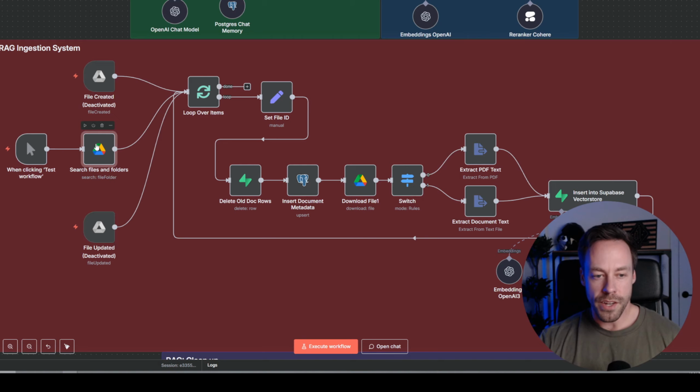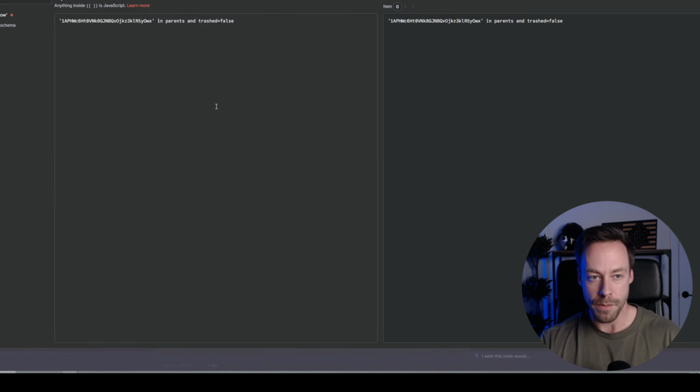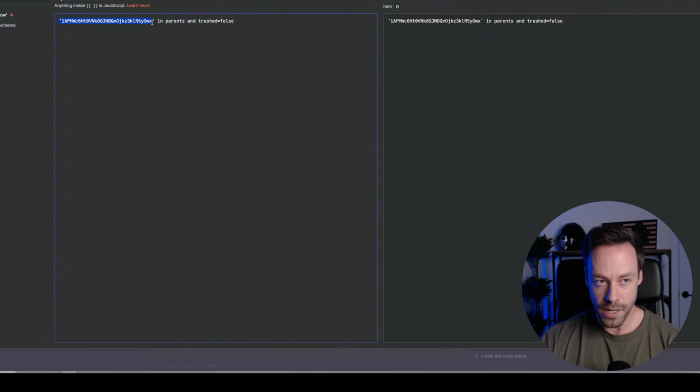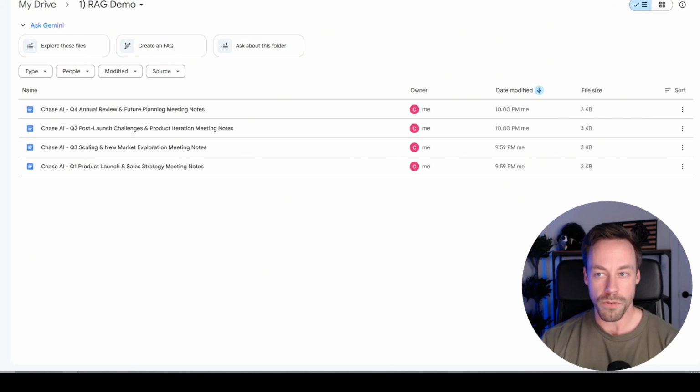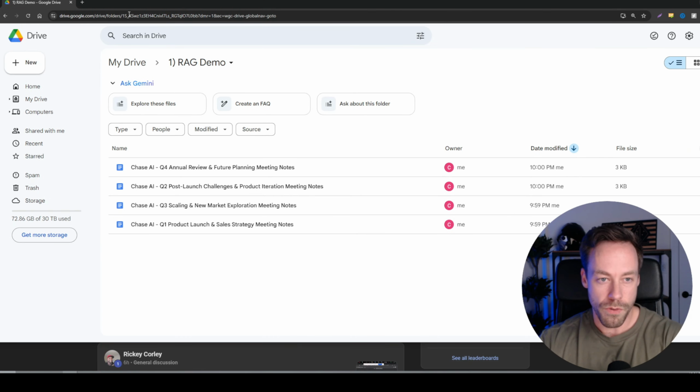And so if we look inside here, you're going to have to do search files and folders. You're going to have to do an advanced search, and you're going to have to use a query string. So this is kind of important, and I'll bring this up. You're going to see here this long list of numbers. So that is the folder ID. Where do you find your folder ID? Well, you find it in the URL. So right here,